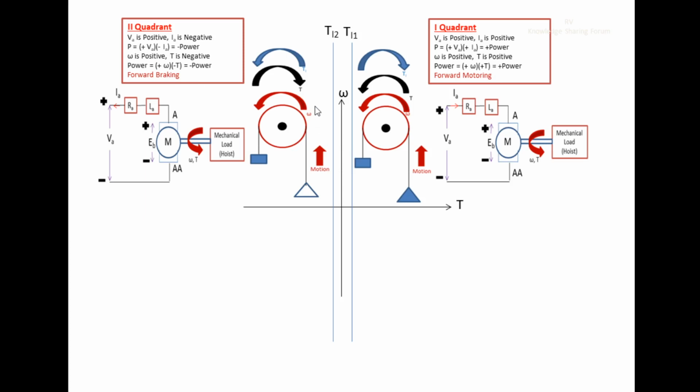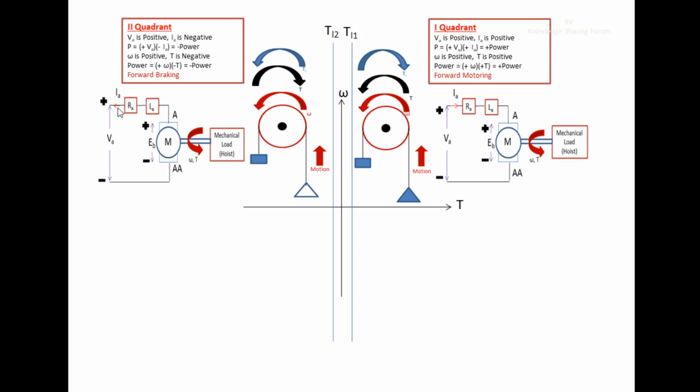That braking torque will oppose the motion. That means it will stop the motion. So in order to obtain this opposing motion, or this braking torque, we have to reverse the direction of the current, because the direction of the torque depends on the direction of the current. So this is how the braking torque is obtained, and the motion is stopped by means of using an electric drive. And here power flows from load to the source.